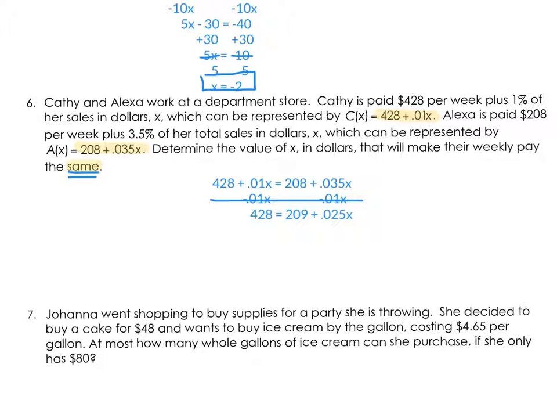Then I need to get my 209 to the other side, so I'm going to subtract 209 from both sides, which will then give me 220 equals 0.025x. So then I need to divide both sides by the 0.025 to get x by itself. And that gives me x equals